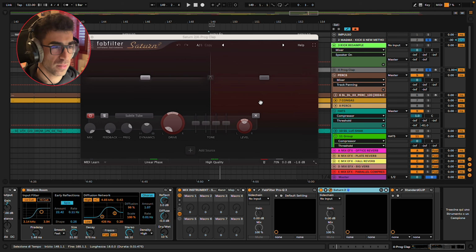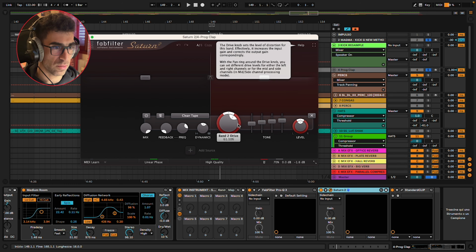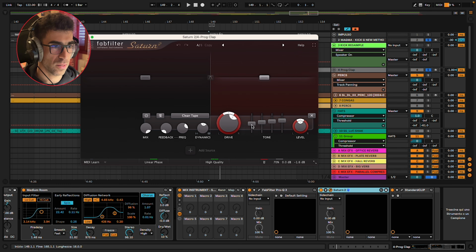just present. In this case, the plugin is very nice because you can just drive the frequencies you want, and also you can shape it as you want. So let's hear with.